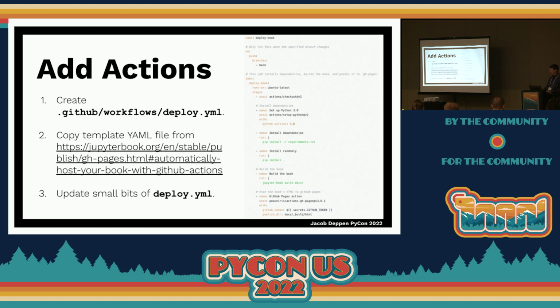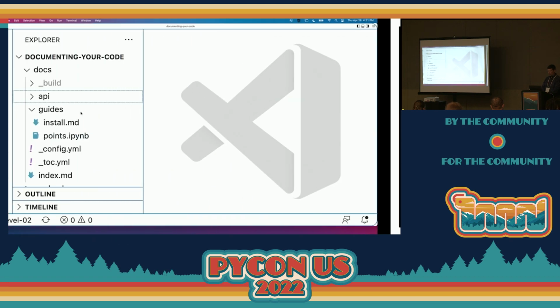So let's add some actions. We're just going to add one, and it's this long thing on the right. But there's a template for that. We're going to create this directory structure first. This is where GitHub is going to look for your actions. So we're going to create